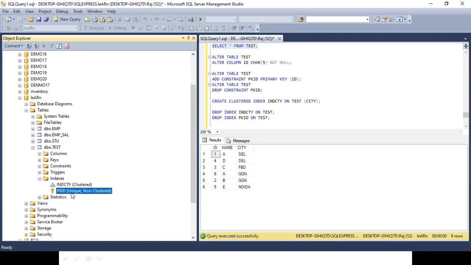As you already have a clustered index, now when the primary key is created, it will create a non-clustered index. SQL is very adjustable, you know. Once SQL has seen that you have done my task, why should I take it? I will go on with yours. By creating a clustered index, you have done the task which should be done by SQL.